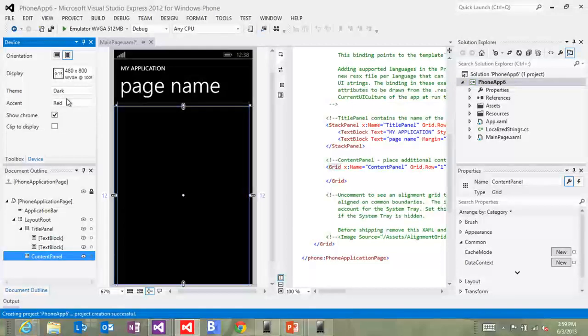You can also change the accent color here. And if you didn't know, there's a whole set of styles that we ship with XAML that are specific to the phone that you can apply to automatically get things like accent color. So you don't need to make things a particular color. You apply the style to the XAML, and you say, I want this to be the accent color. Then whatever the person picked as their accent color will be the color of that item on your screen. And that's a really cool thing to have.